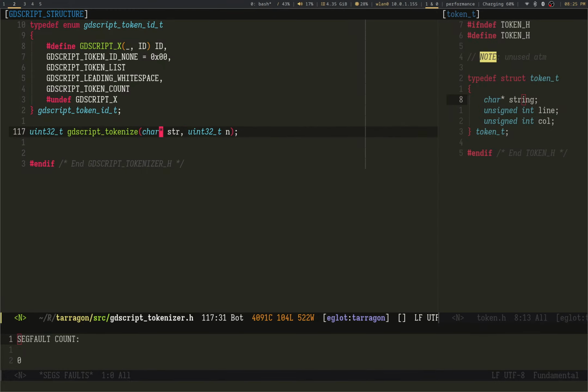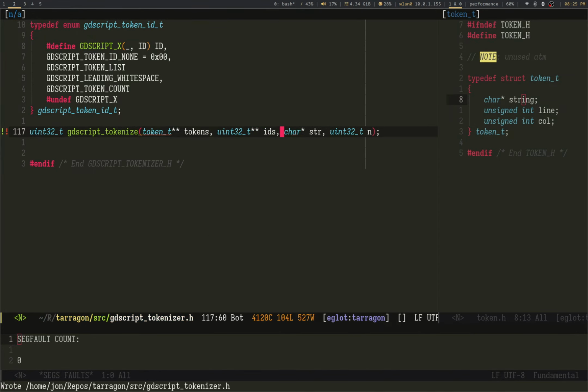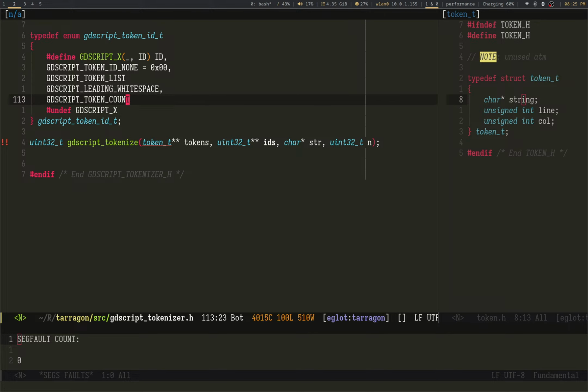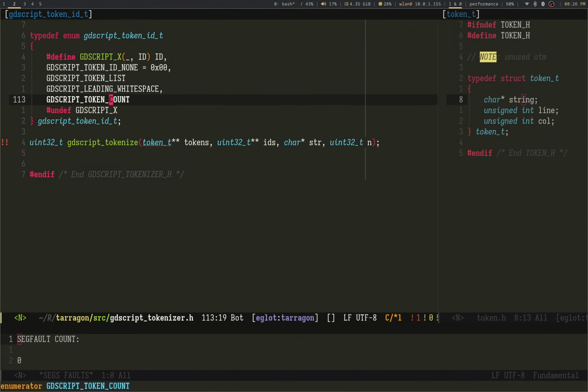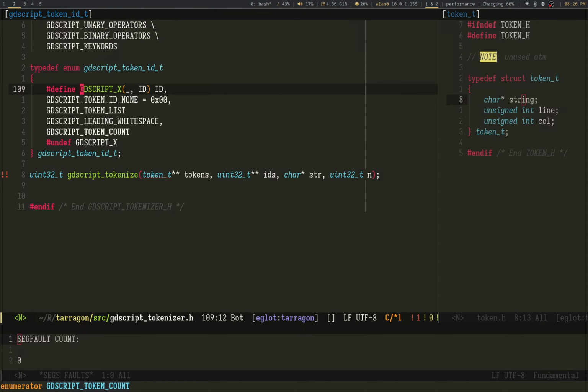I also want a token T tokens and 32T IDs. Of course, going to be the enigmatic symbol, which is basically, if it's not a keyword, it's going to be a symbol, which I'm going to regret.